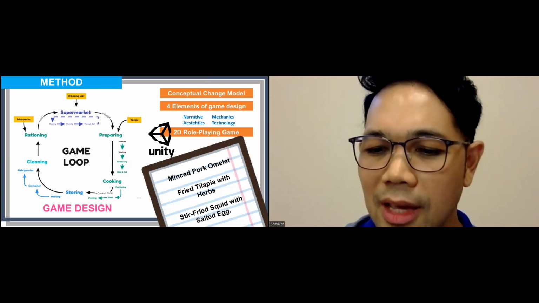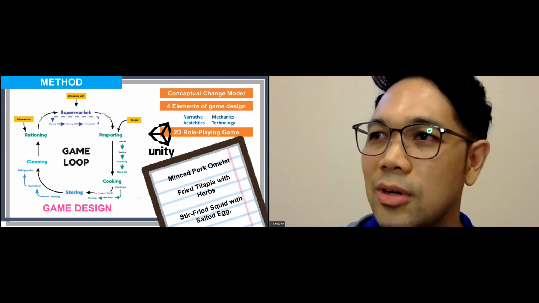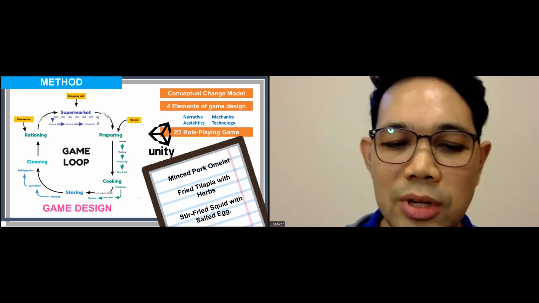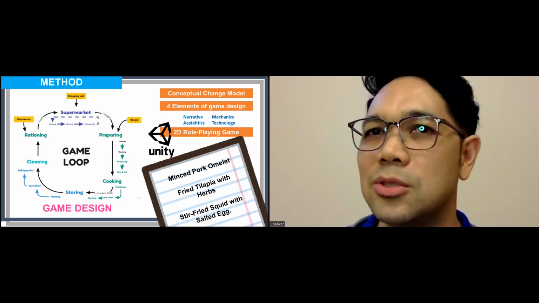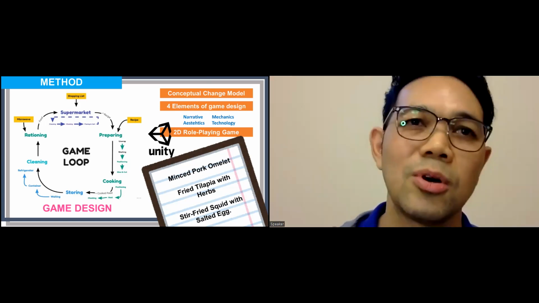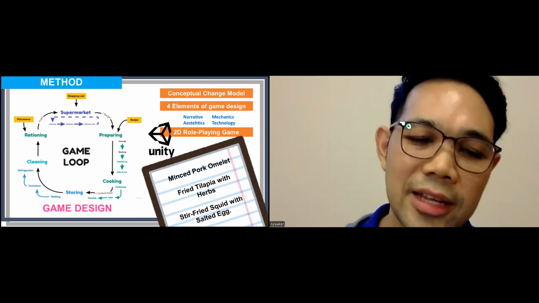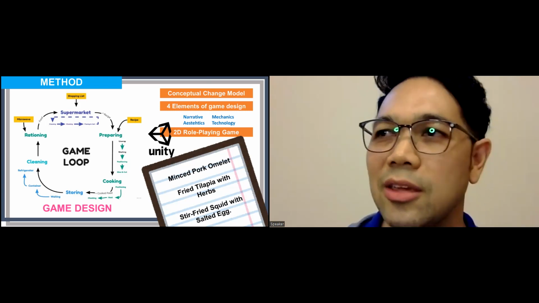So your job is to choose which menu you would like to prepare for your family, and you will go to the game loop on my left-hand side. So it's starting from the supermarket. Let's say if you choose to make the omelette, you have to go to the supermarket and pick up the ingredients, and then you go to the preparation stage, like you need to wash your